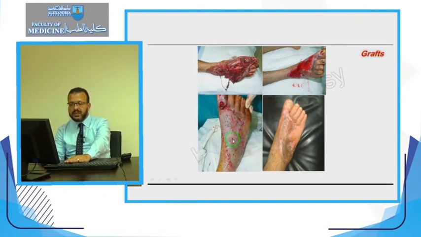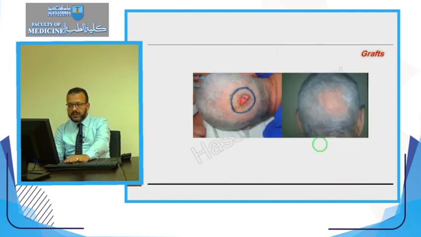If we look at this split thickness skin graft, we will find that several holes are made in this graft. These holes are made in order to allow fluid to come out from underneath the graft, in order to keep the graft adherent to the recipient site. And this is the final result after 6 months. Like we see here, it is not optimal in aesthetic appearance. It is hyperpigmented and will have more contracture than other options for reconstruction, but this was the available option for reconstruction of this defect.